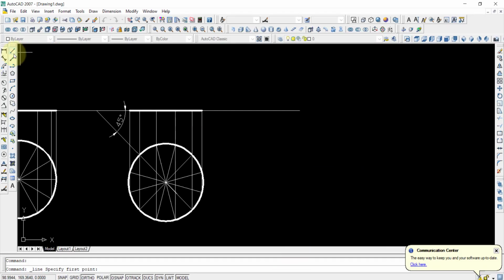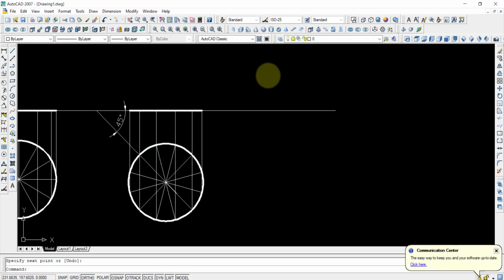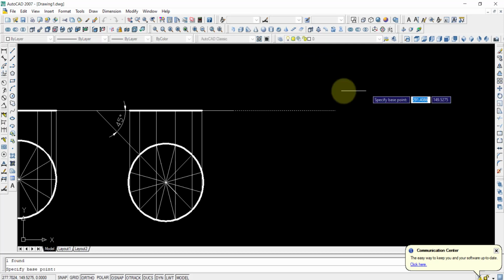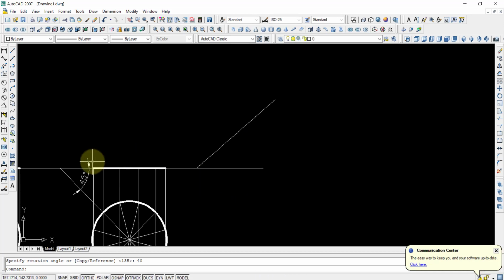Therefore, if I draw a straight line from here to here like this, that should be rotated by how much? 40 degrees. So select that line and use the rotate option. Along this line, I will rotate it by 40 degrees in positive value. Whatever points are there, those will be PO enter. All those points along with that straight line should be copied and pasted along this line.